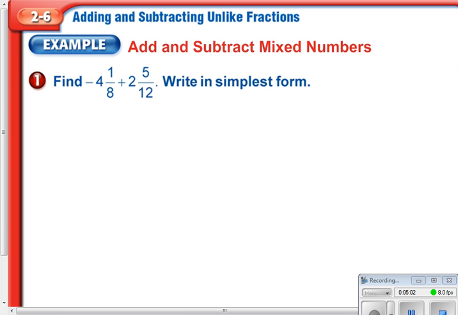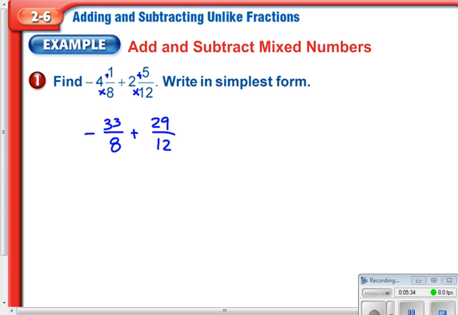Next step here, we have mixed numbers. Anytime you have a mixed number, it's easiest just to go ahead and convert these mixed numbers into improper fractions. So this first fraction here, negative 4 1/8, when we convert it, it's still going to be negative. And when we convert that, remember we multiply and we add here, so we're going to get a negative 33/8 plus, multiply, add, and we get